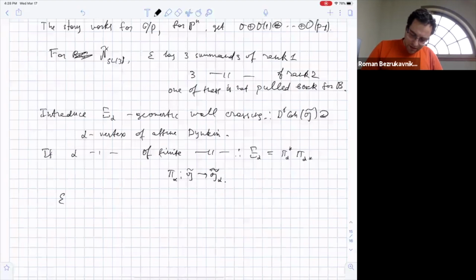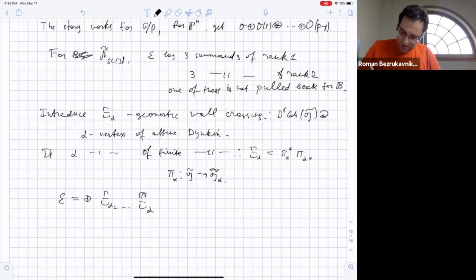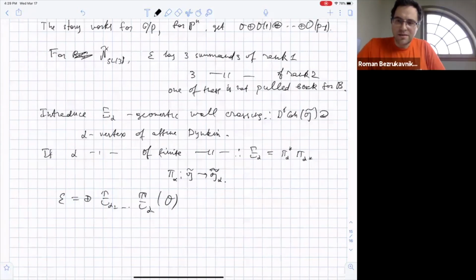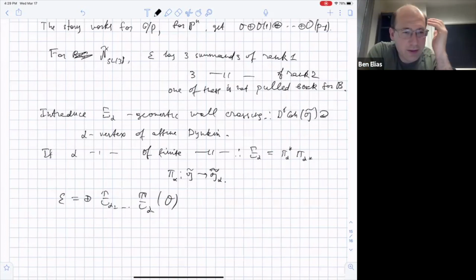And then you can say that E can be chosen to be a sum of certain sequences of these functors applied to O, and then you get that. And I can say what xi alpha 0 is. I'll just take 3 minutes, but can you address my fundamental confusion, which is why there's